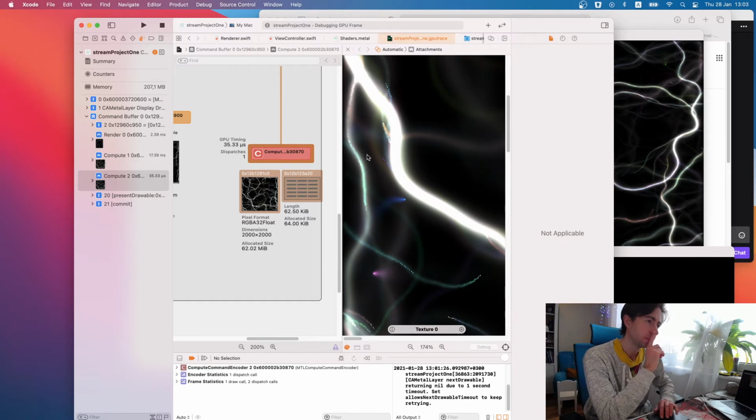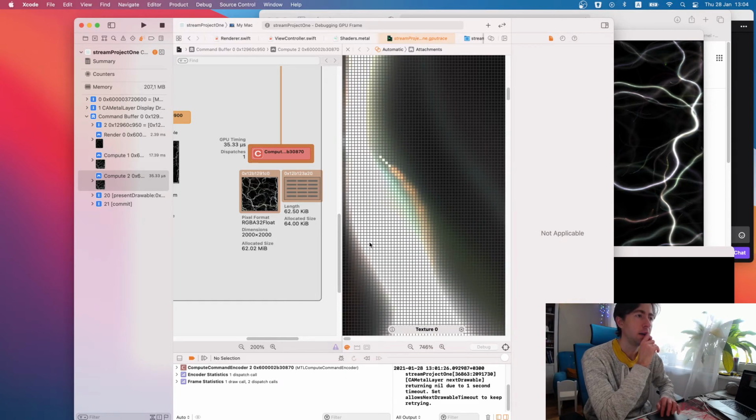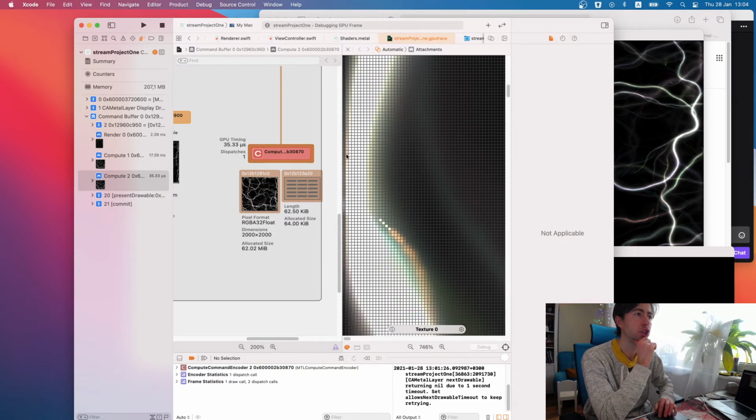One thing to fix is, you see that the edges of the texture are not shaded. They do not have proper intensity.